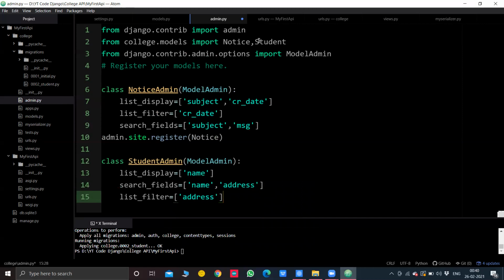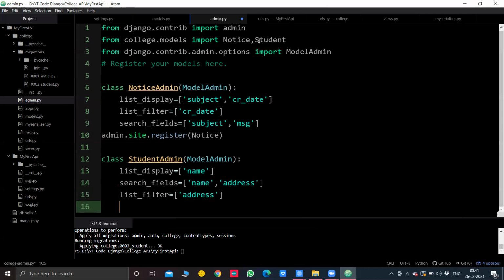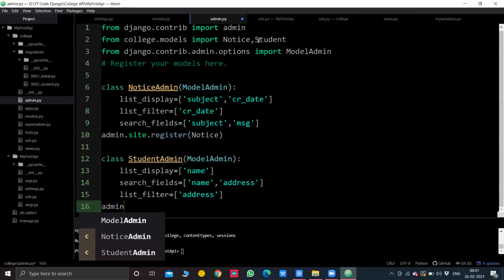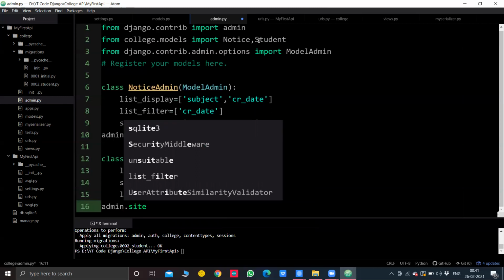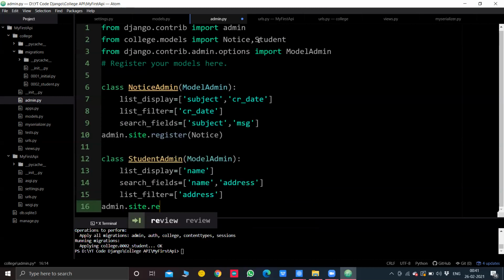And now what we'll do is admin.site.register(Student, StudentAdmin).